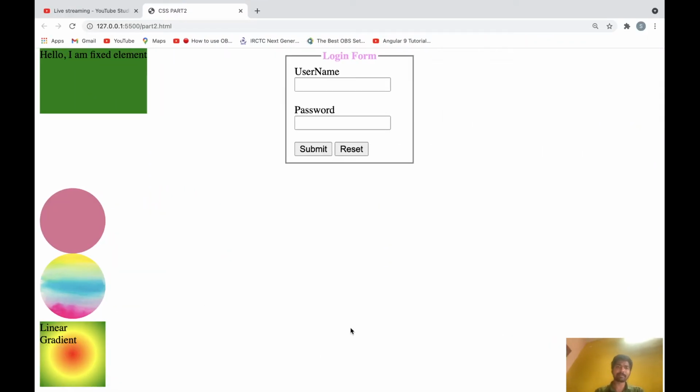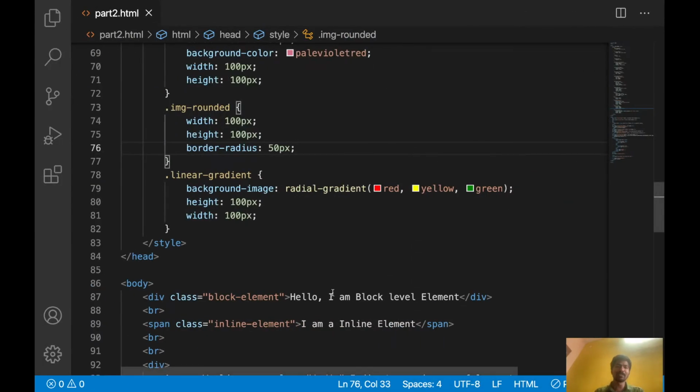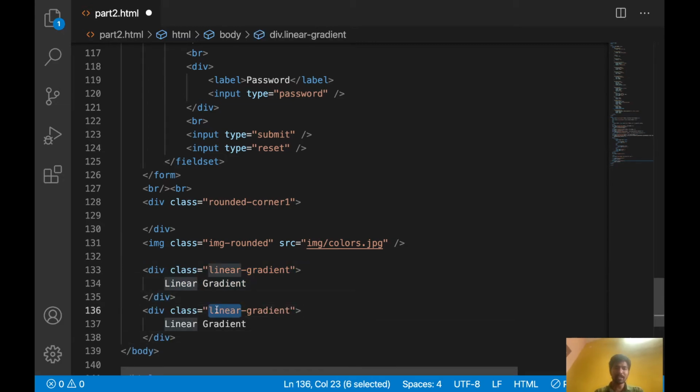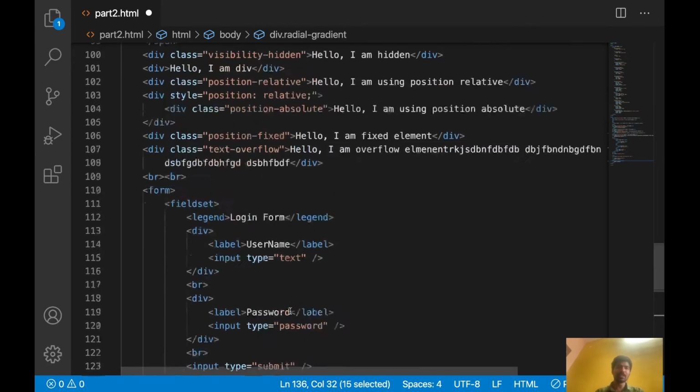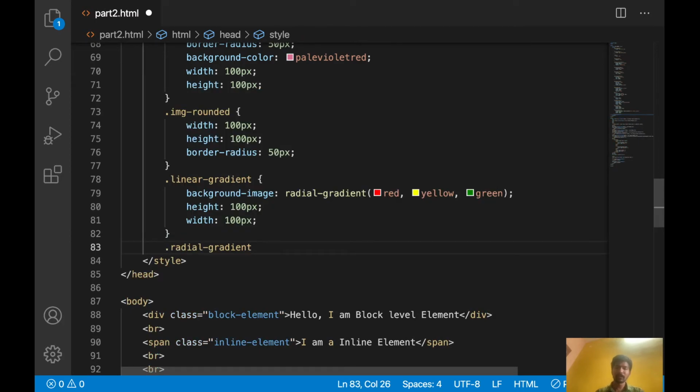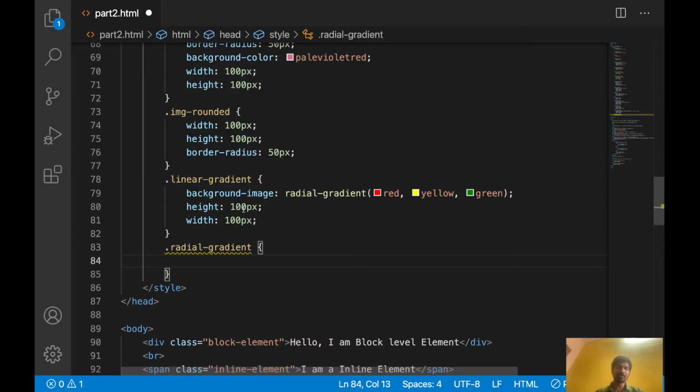Let's apply radial gradient now. Let's go here and change the class name to radial. For this, we can apply the same CSS. Just for the difference, I will tell the difference here.